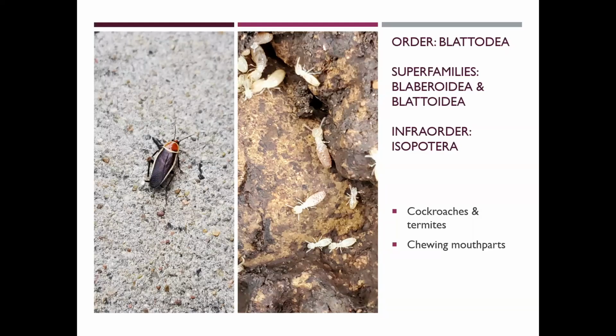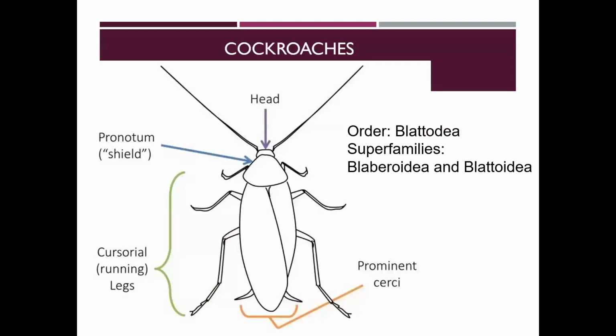So essentially, if you're looking at the overarching characteristic of the order, they have a gradual metamorphosis and they have chewing mouthparts. Because if you look at a cockroach and you look at termites, they really don't look anything alike. So when we separate those out and we look at the superfamilies Blaberoidea and Blattoidea, which are the